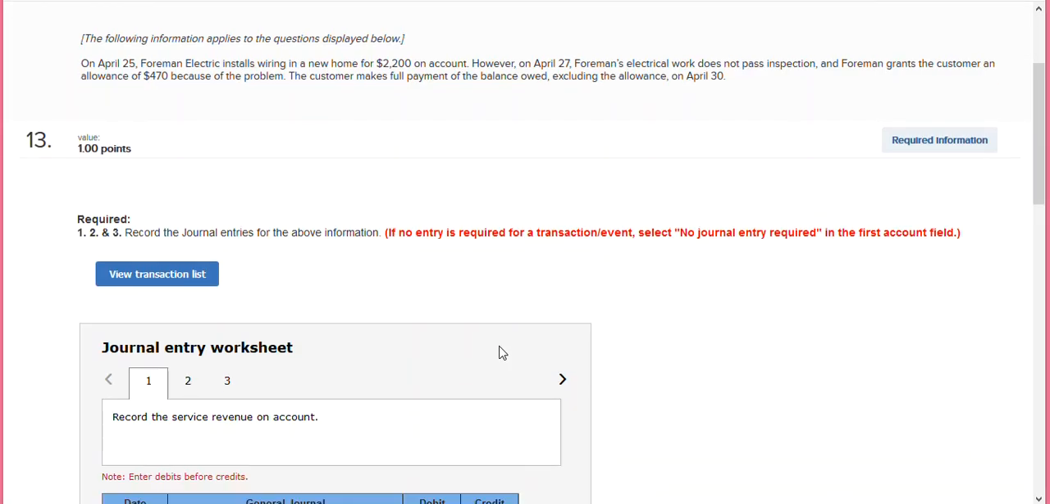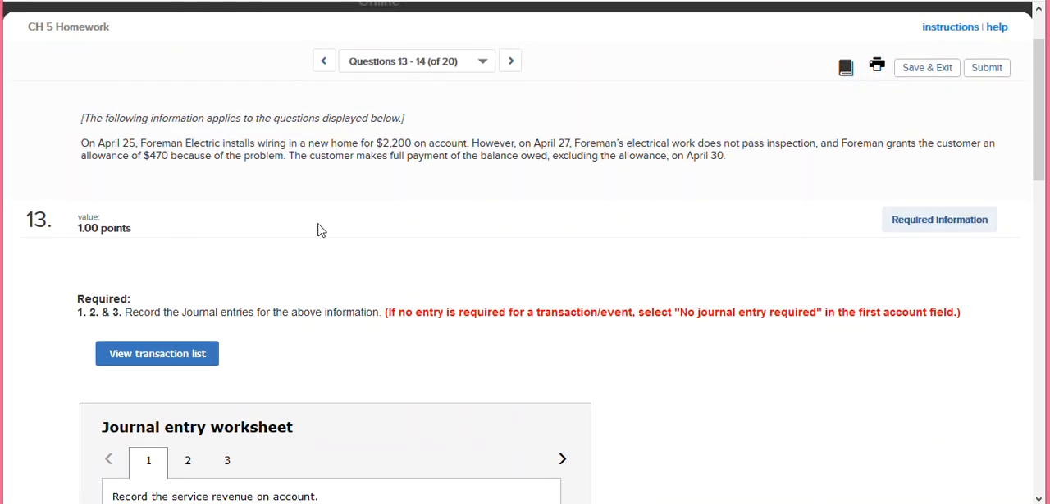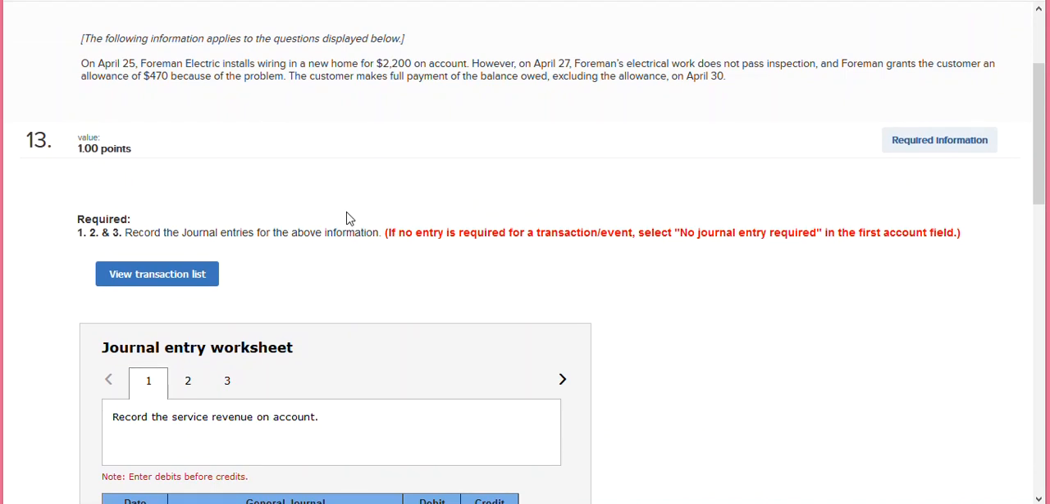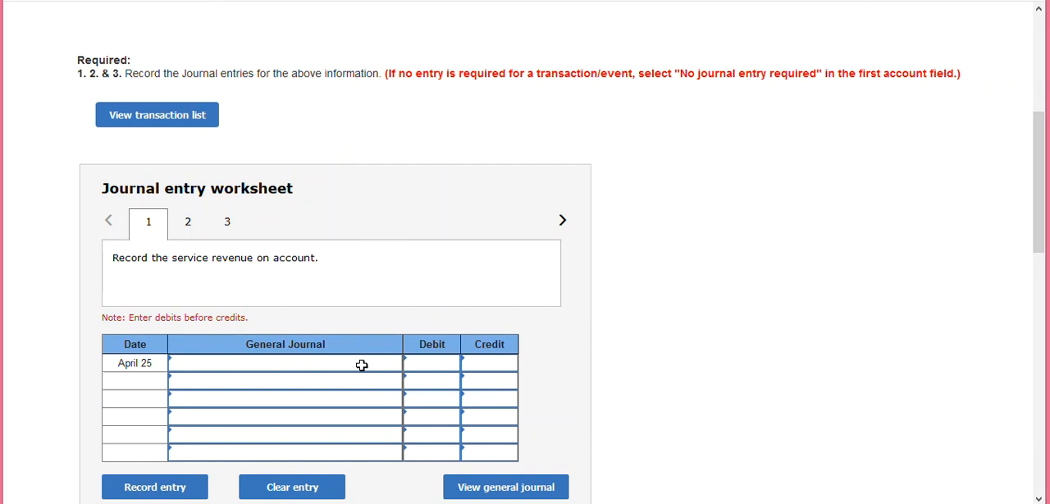It says record the journal entries for the above information, and our information that is given says on April the 25th, Foreman Electric installs wiring in a new home for $2,200 on account. And then they have an allowance because of a problem, and then the customer makes full payment of the balance owed excluding the allowance on April the 30th. So there's 3 entries, one to record the services revenue, one to record the allowance, and then finally to record the payment on account. So when we record the service revenue,